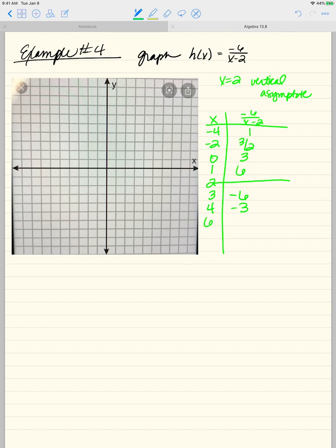When x is 6, that's negative 6 over 6 minus 2. That gives us negative 3/2. And how about when x is 8? That's negative 6 over 8 minus 2. That is negative 1. Okay, so we're going to come over to our graph, and we are going to graph this guy. And I learned in my lesson last time, 1, 2, 3, 4, 1, 2, 3, 4, 1, 2,